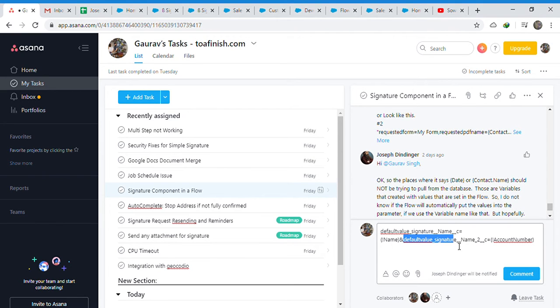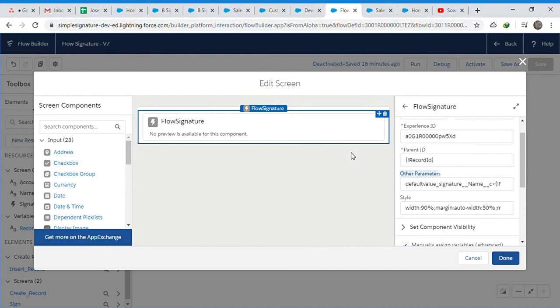So you see the parameter name is default signature name field, which is first name. Default first name is name, and default last name is account number. So the name and account number are flow variables, which are flow screen variables actually.